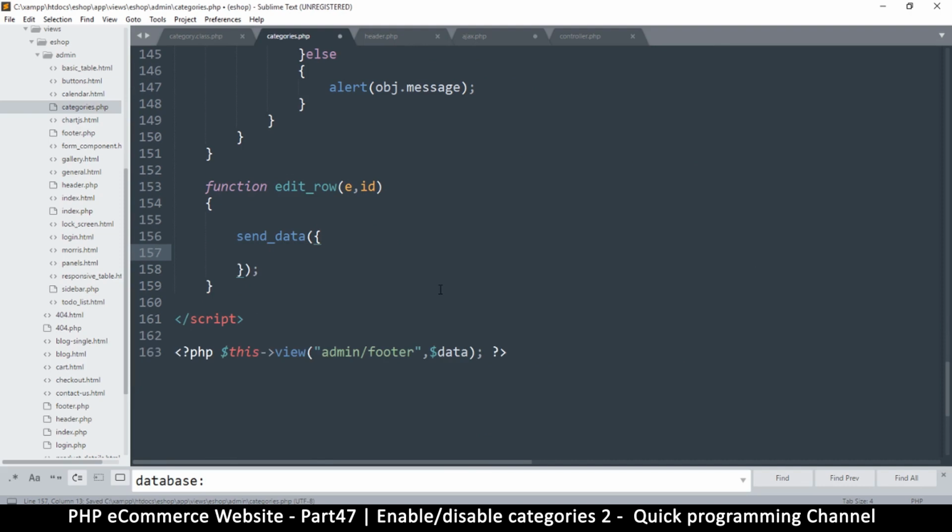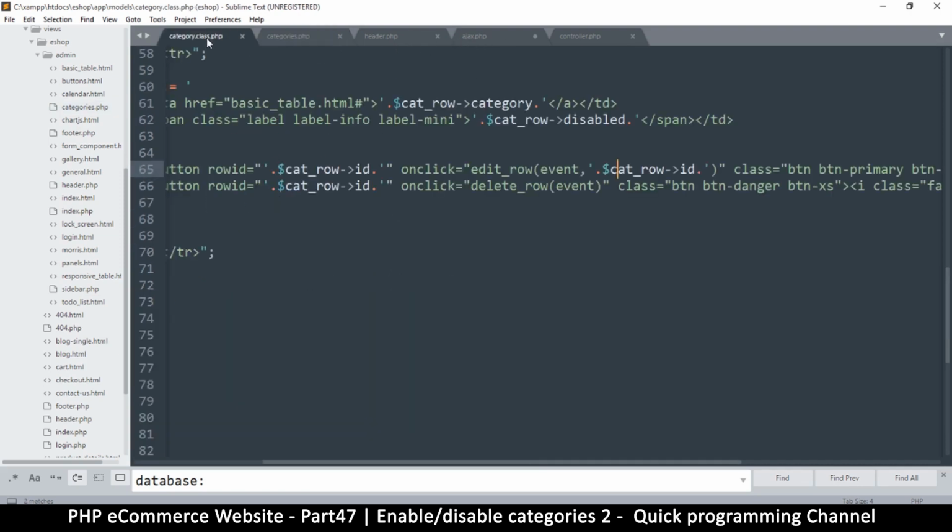And let's create some items here. So first of all, we want to give it a data type. Now data type here is going to be, we'll just say, oh, this is edit row, right? Wait a minute. We'll want to do delete first before we do edit. So I'll leave this as it is, but